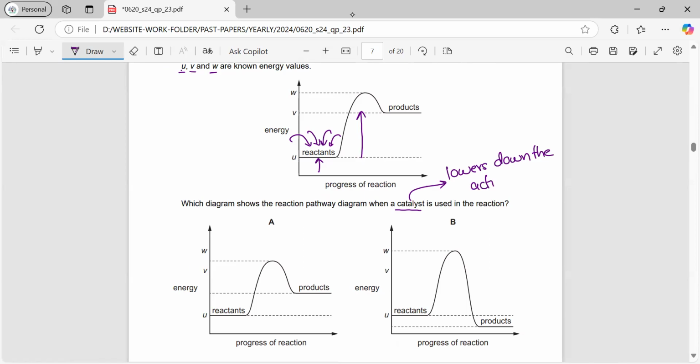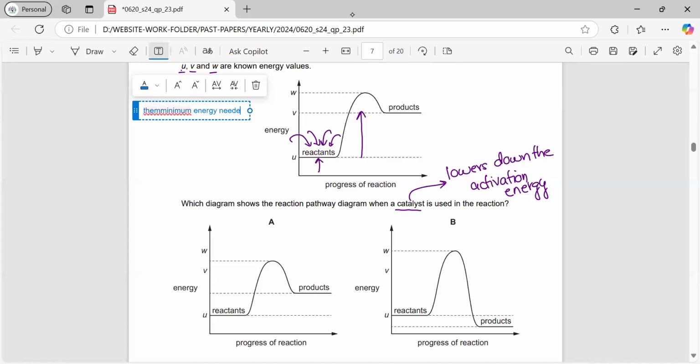Lowers down the activation energy. Now, first of all, we'll see what the activation energy is. It's the minimum energy which is required for the reactants to turn into products, or to start a chemical reaction. The proper definition of activation energy is the minimum amount of